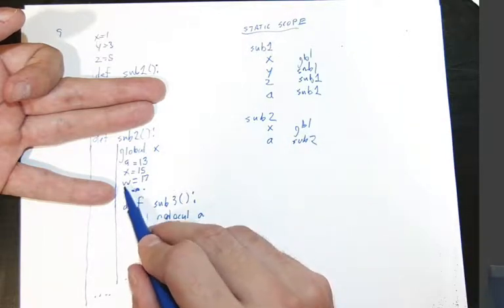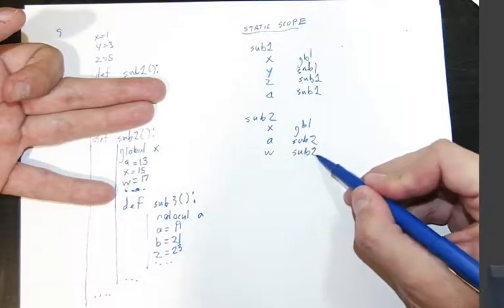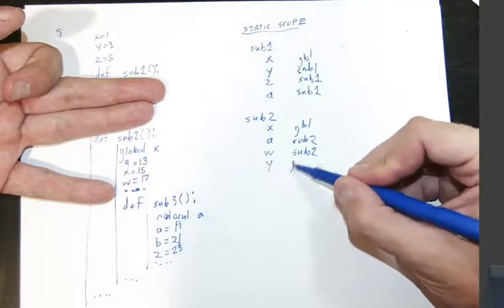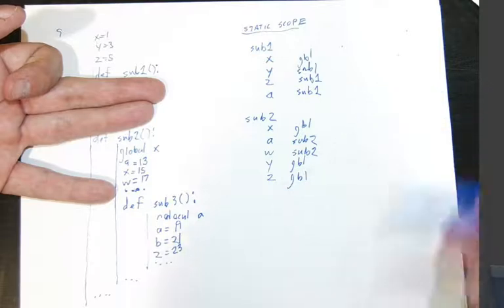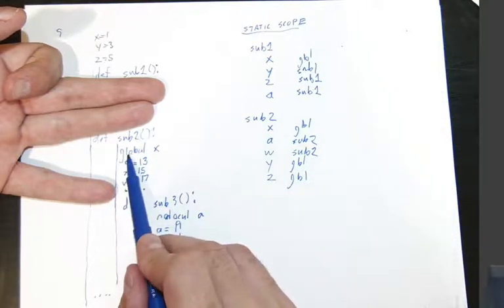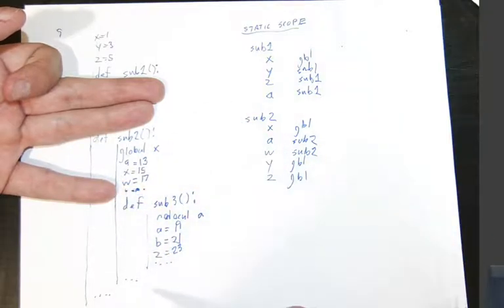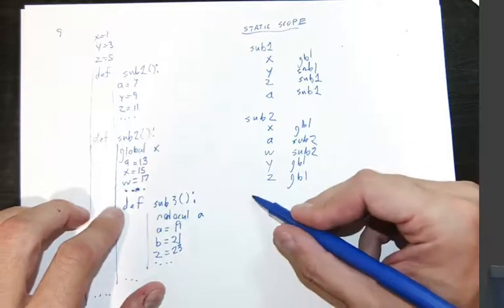And we have a W, which doesn't exist globally, so that's also going to be in sub2. But we also have access to the global Y and the global Z to read them. The reason that X was declared globally was so that we could write to it without creating a new local variable. Okay? And if we look at sub3,